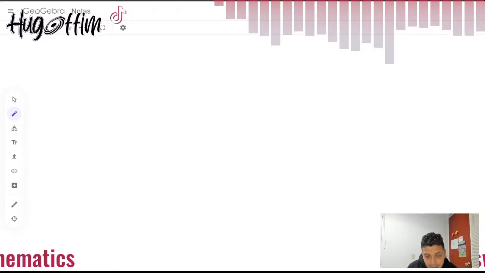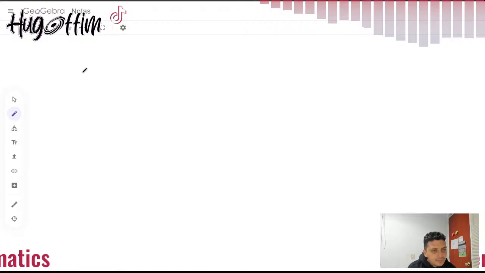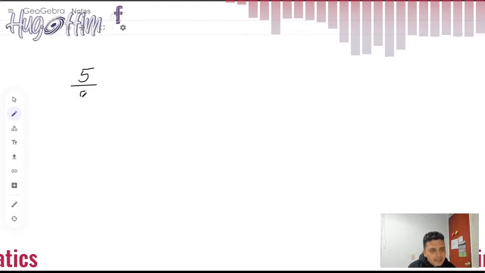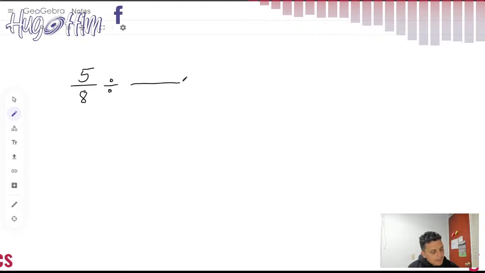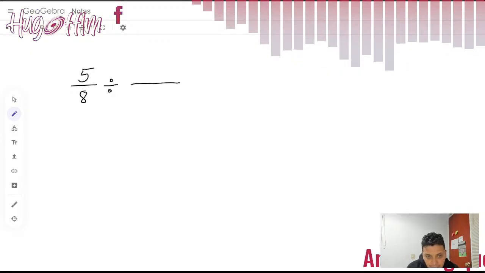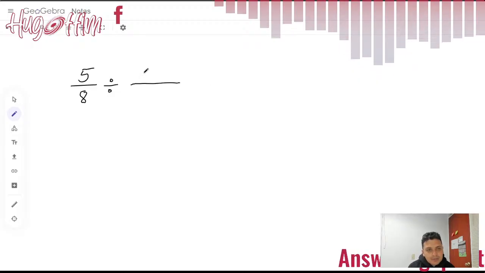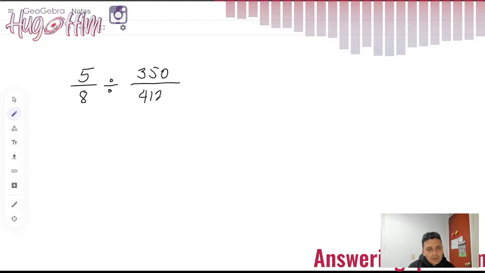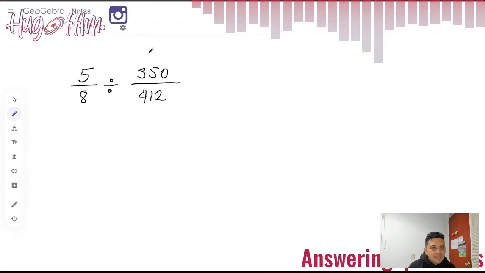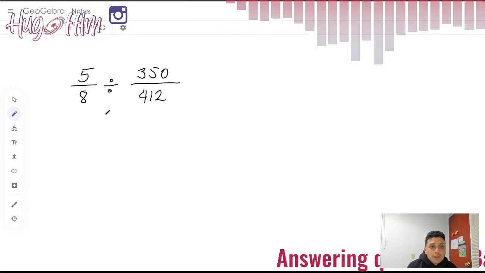And the question is this: 5/8 divided by 350/412. Now this is a basic operation of fractions, but we need to be careful when we operate this type